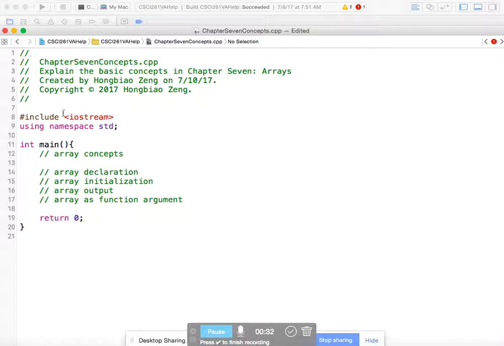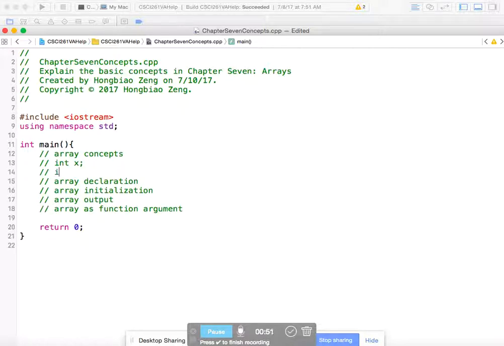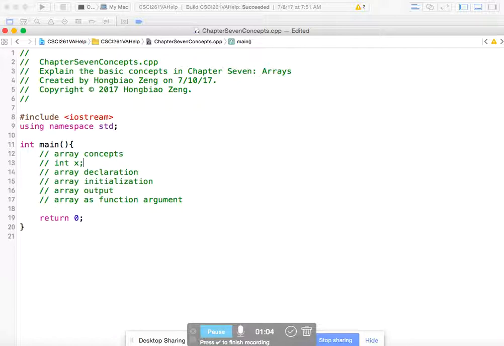So let's first say what is the array concept. Now at this point we declare variables, like if we declare integer x, so x just holds one integer, right? If I want to hold another integer, I will declare another integer y, for example. So imagine if you want to write a program to have student scores for like 20 student scores. How do I declare variables? Now you might say, okay, I can declare score1, score2, score3,